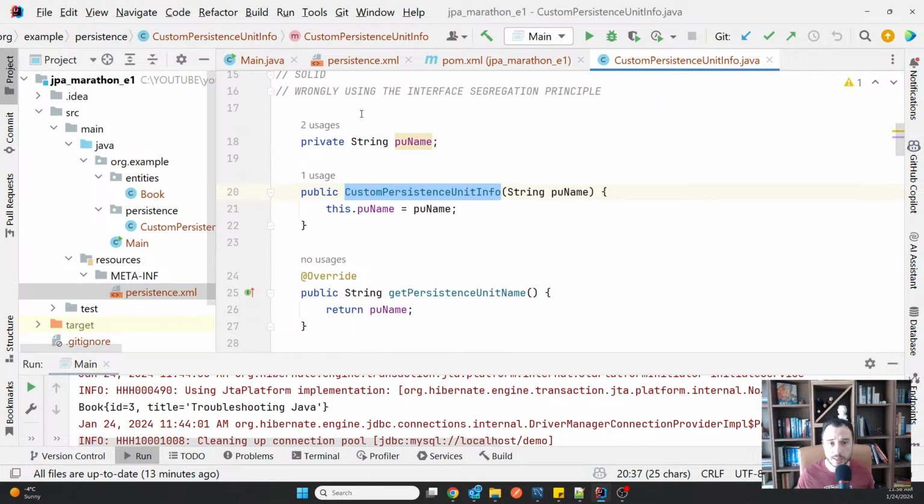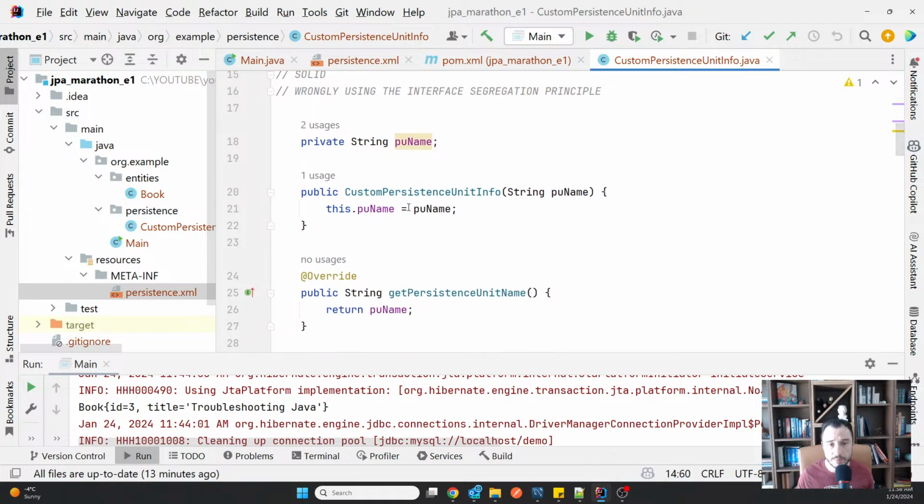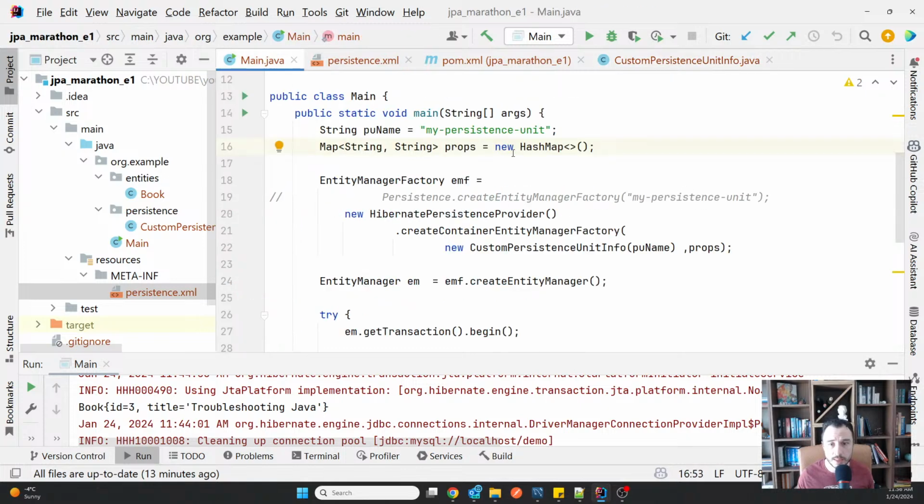So what I did, I created a persistence unit implementation. I made sure it has a name, and I used this name here to create the entity manager factory. See, this way, I have the name and a set of properties, and I used this Hibernate persistence provider because I'm using Hibernate.